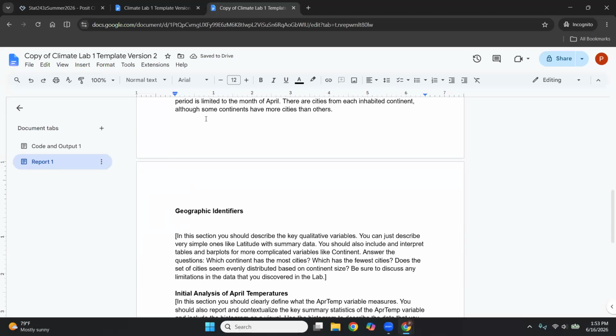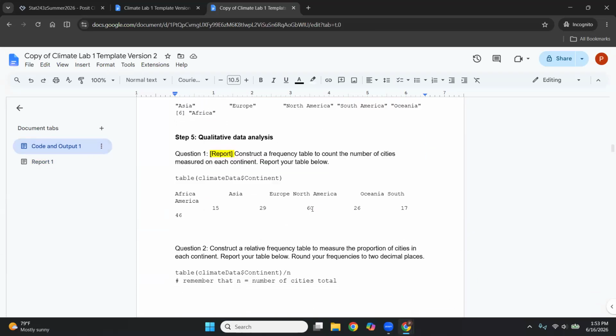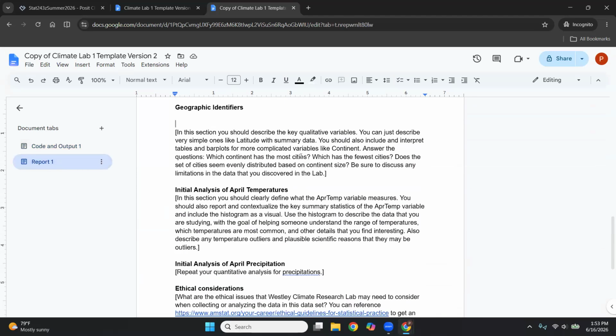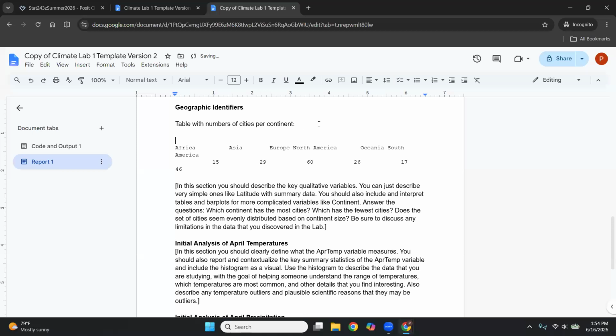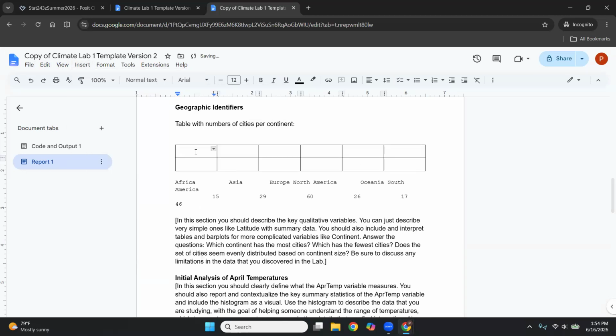So for example, it suggests continent. So if we go back to the code and output, here's my table with the different continents and the numbers of cities per continent. And if I just copy and paste that in, that's a terrible table. That's really poorly formatted. The text is hard to read. Africa doesn't line up with 15, etc. Right? So you're at the very least going to want to insert an actual table. I think there were 6 continents. And format it